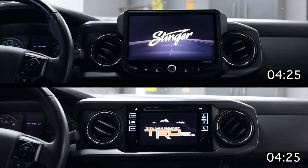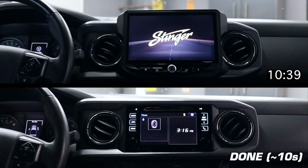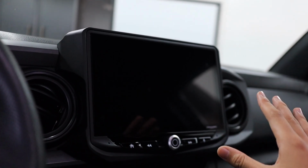And I did time the boot up time difference between this radio and my factory one, and just having been used to how quick the factory one is compared to this one, it is something that is slightly bothersome every time I turn on the truck, but I'm getting used to it. So the boot up thing isn't the worst thing in the world,